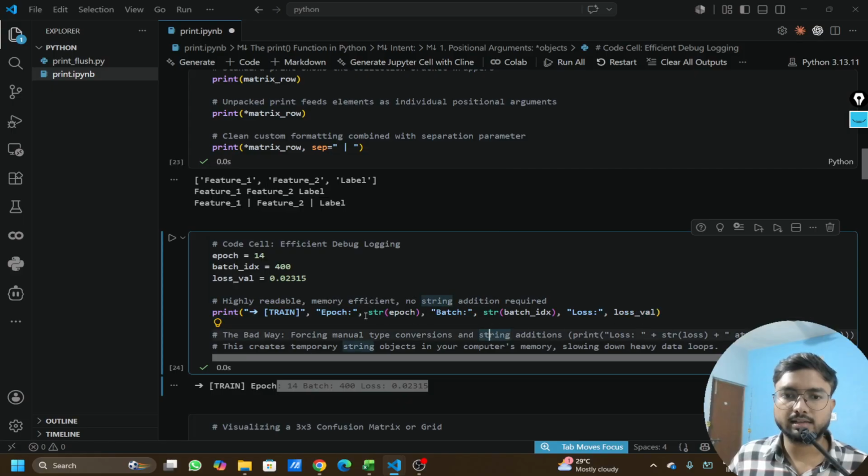So indirectly, it is creating multiple strings. And especially when we are working with data science models and we are trying to retrain or train a model for millions of epochs, at that time it creates unnecessary load on the cache or on the computer's memory, and it's slowing down the heavy loads. So generally, it's recommended to directly use these values instead of parsing them as a string,